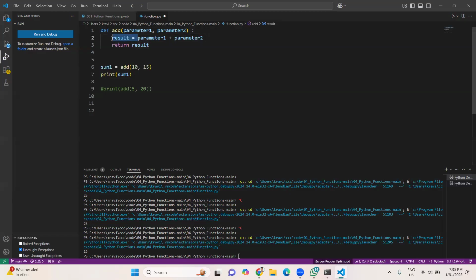Sir, can you clarify this? It's regarding this question. So you mentioned that parameter one plus parameter two is the sum, and you equaled it to a result, let's say. And when you say return result, is it going to print the result or is it just going